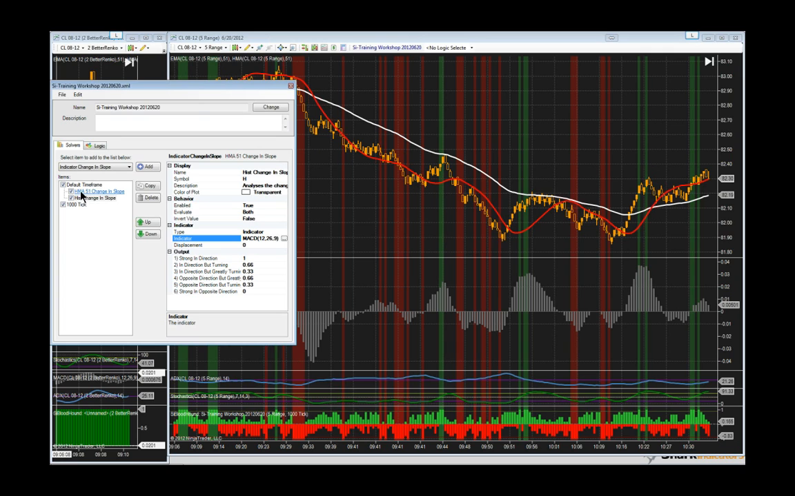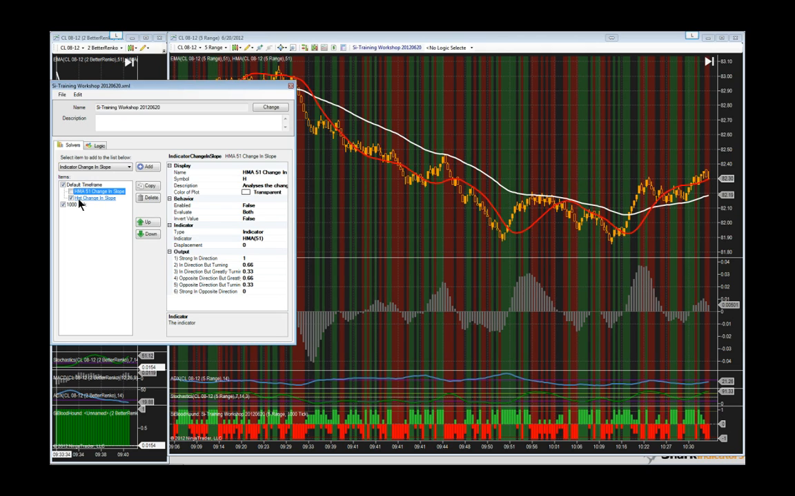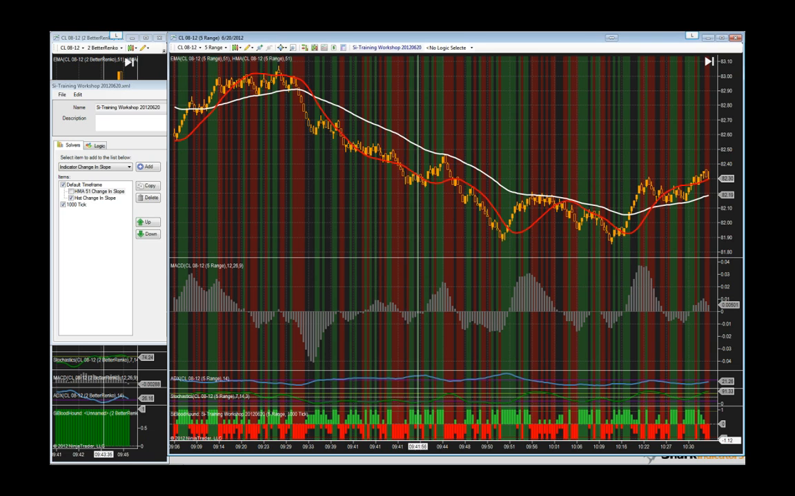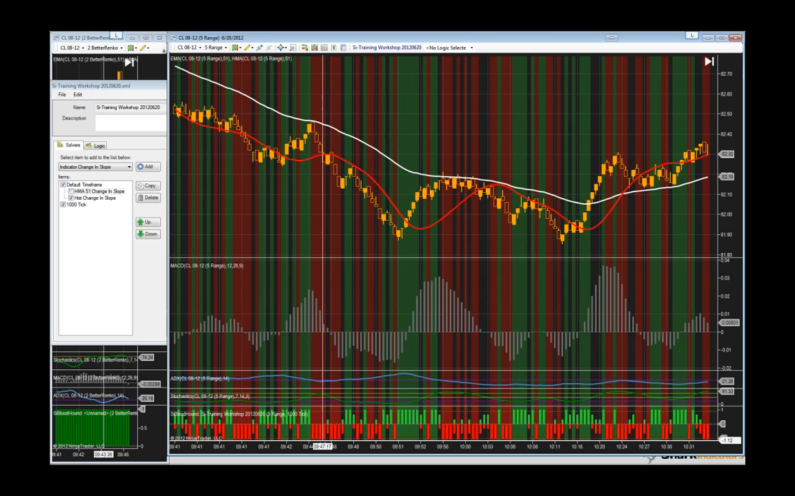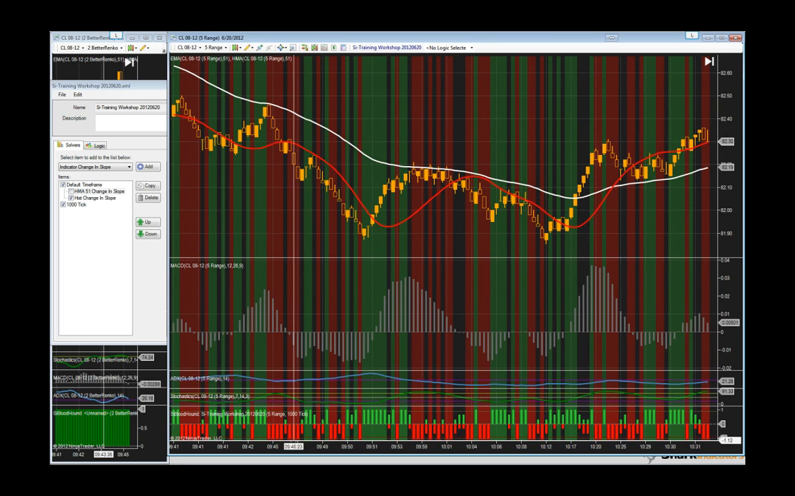Alright, and now you'll notice that the colors don't seem to be matching up, and that's because I have both solvers turned on right now. So if I turn off the solver with the HMA, now Bloodhound is only analyzing the histogram MACD. And I'm going to stretch the bars out here to help you guys visualize this. Alright, so